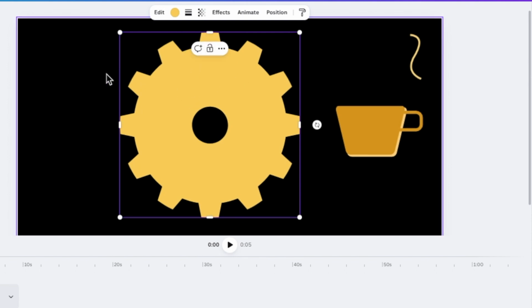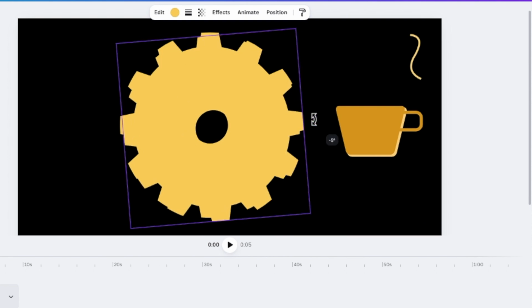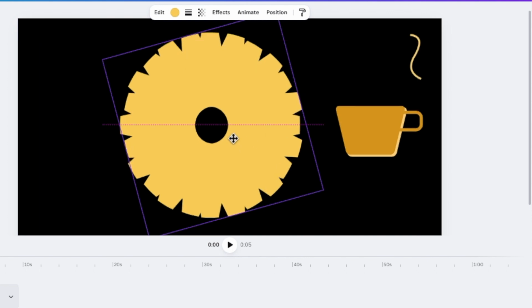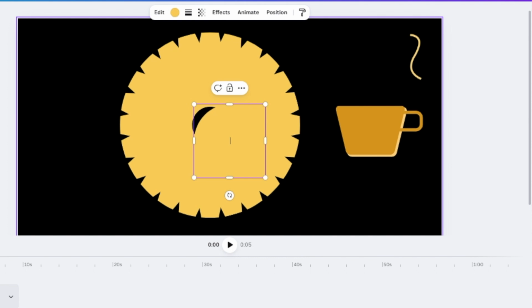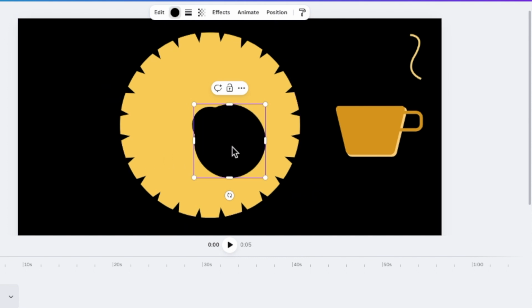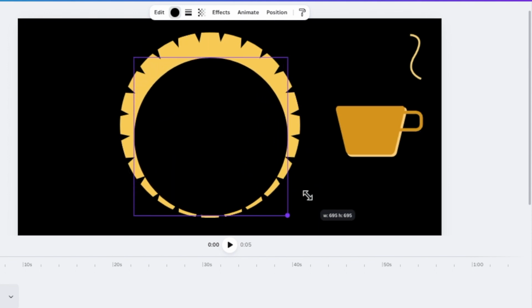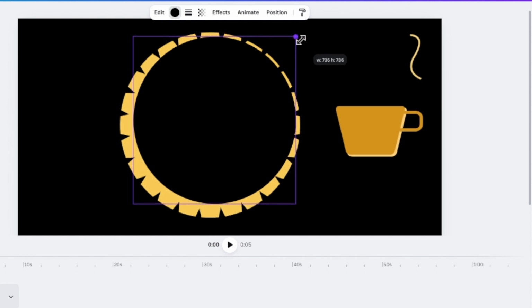Then we duplicate the cog, we rotate the cog so that it covers the extra spaces like so, and then you press C for circle, or you go find a circle on your shapes and you change the color to black, and then you make the circle bigger. Always love to say that. Then you make the circle bigger so that you can create the dash